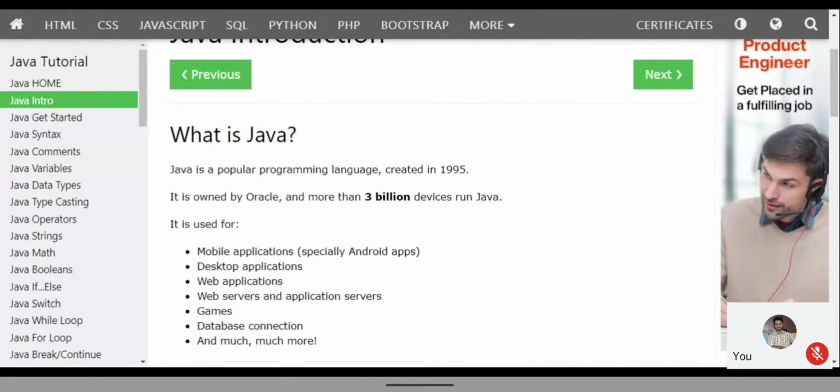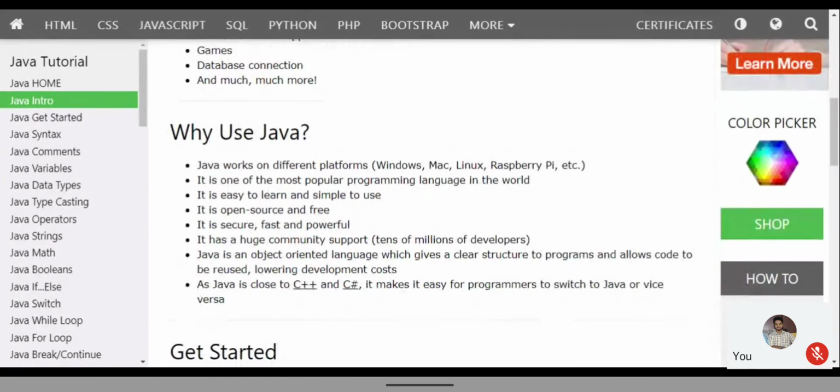It will be stored on the internet. Using Java we can do that, and we can create games and database connections. Here you can see we can give a database connection. There has to be a database, then only we can give a connection to Java. Okay, and a lot of things we can do with that one.